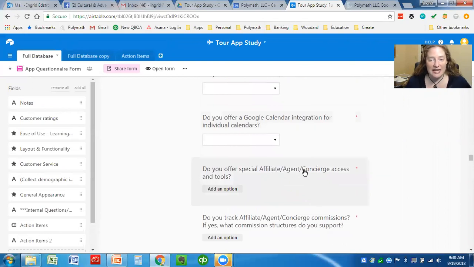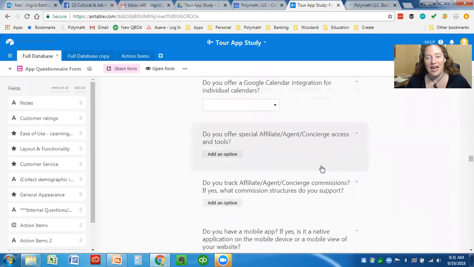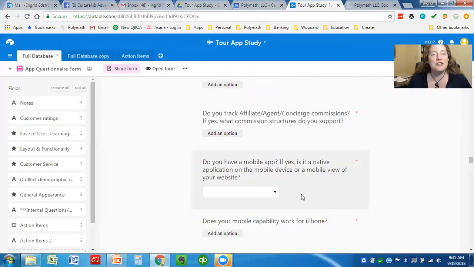Offering any affiliate agent concierge access. So this is something that's important to a lot of tours, especially in location. Maybe you have hotel affiliates and those kinds of things that are booking on your behalf. Being able to give them their own access to these tools, and also being able to track their commissions when they do these bookings for you. So all of this can be automated on your behalf. There are quite a few apps that do this for you, and we just need to know which ones. If that's important to you, great, find an app that'll help you with it. If that's not something that you do, then your app doesn't necessarily need to have those features.